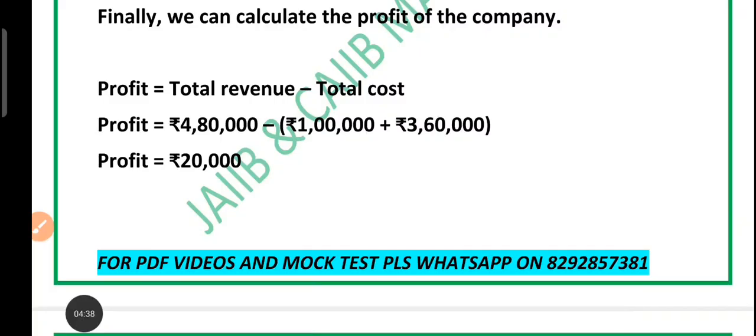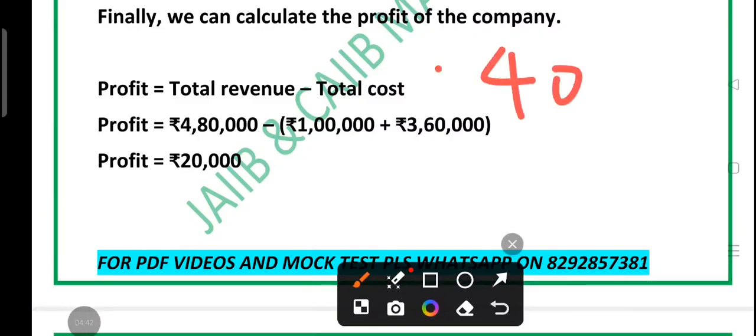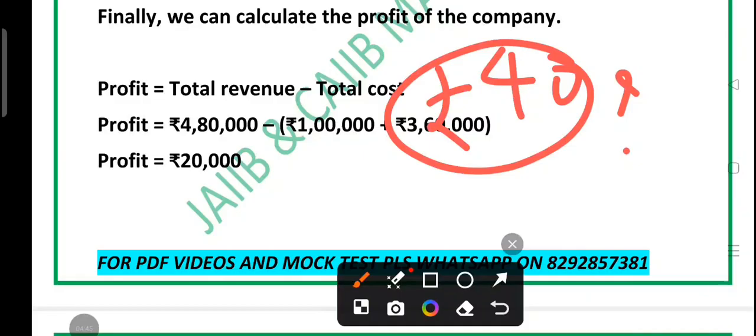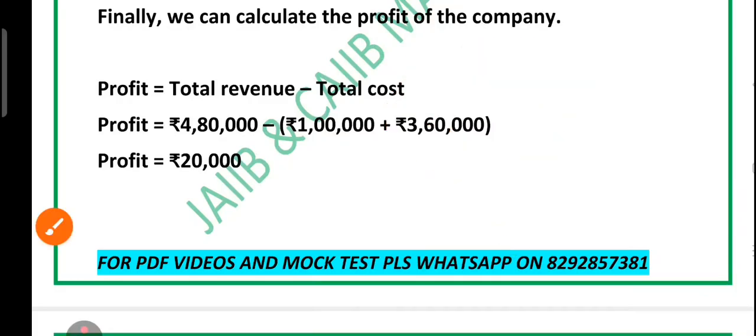See, again I am repeating. What we have got as contribution? We have got 40 rupees as the contribution. Now someone may ask you, how can you interpret this 40 rupees? It shows how much each thermometer helps to cover the fixed cost, right? Once fixed costs are covered, that 40 rupees becomes profit per additional unit sold. So friends, remember, I hope this concept is crystal clear. The same thing has been explained in these three slides,